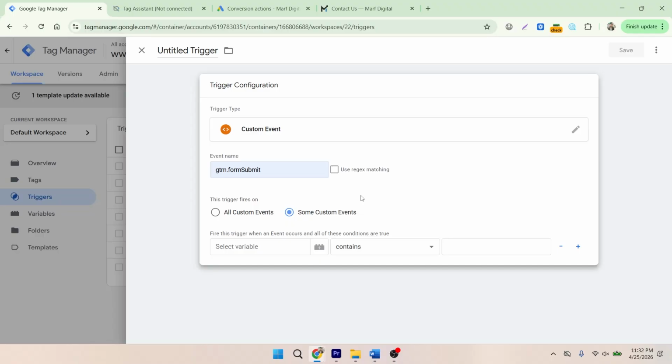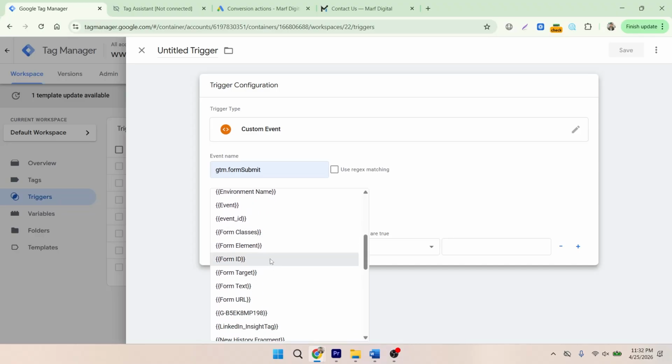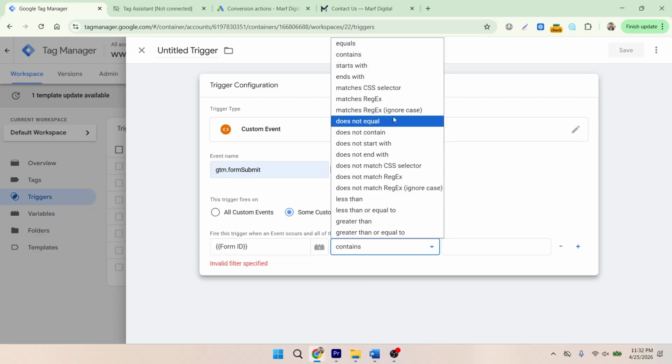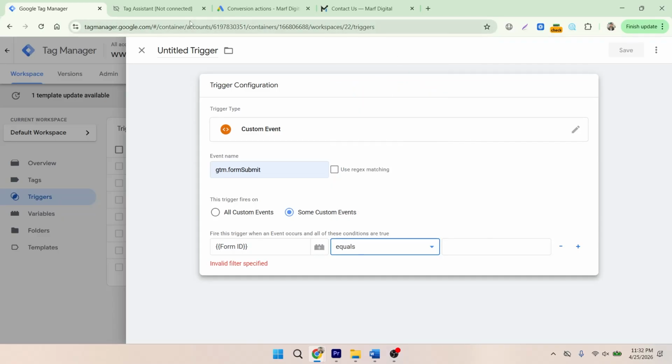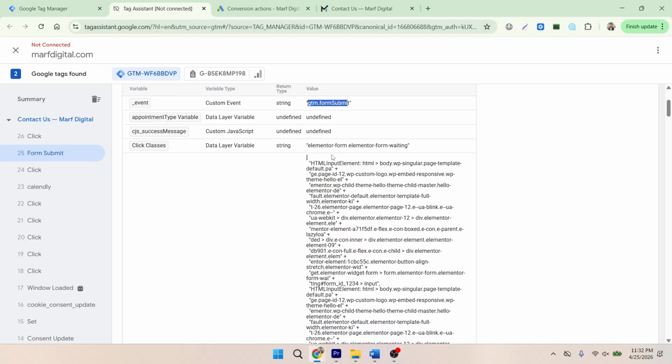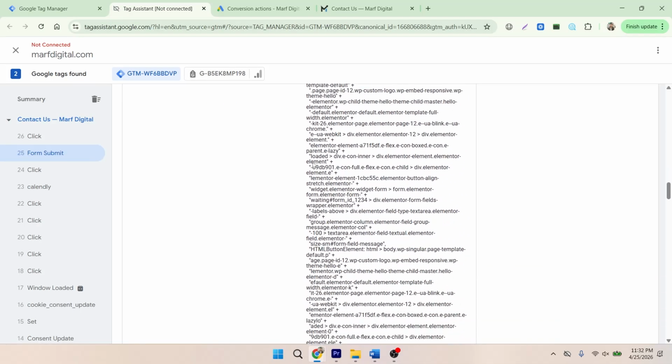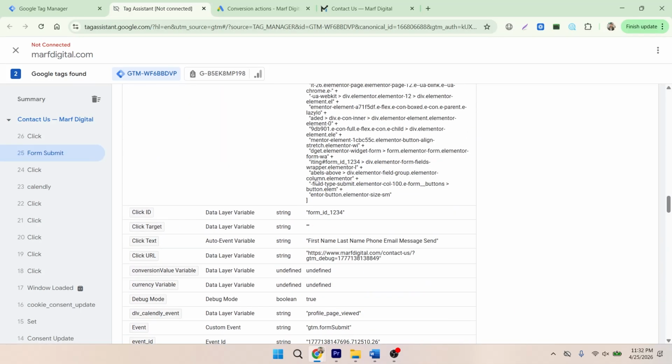So that's why we are setting these additional conditions. So we set the form ID, and that will equal, if we go and copy the form ID from the data layer, that is this one, form ID 1234,